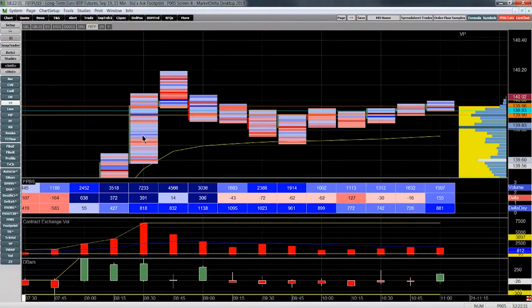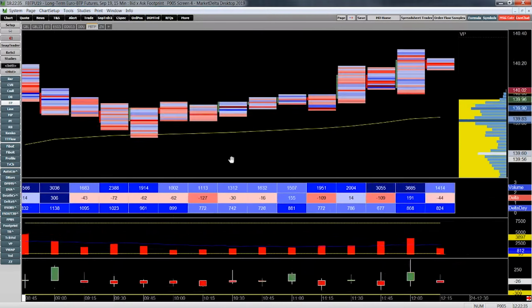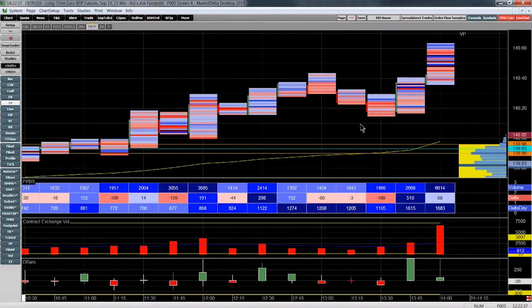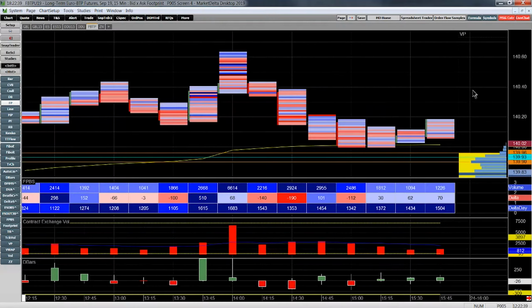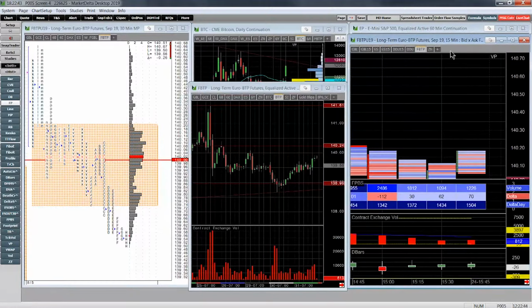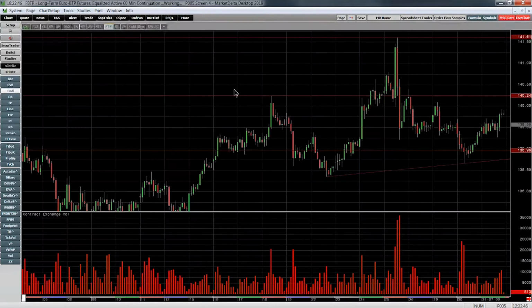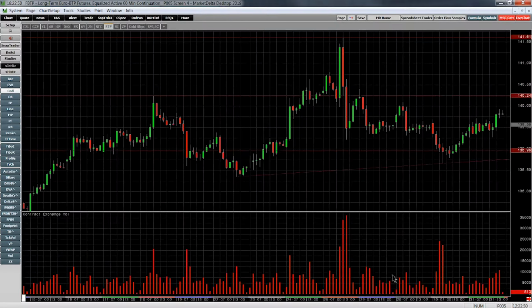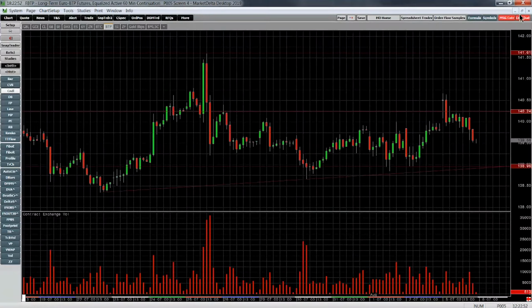We can see the market comes up and a lot of buying. The market backs off a little bit, continues higher the rest of the day. I'm not too concerned about this day type. What I am concerned about is this high made at 140.60, which is this one here, as you can see. So we're going to focus on this high made at 140.60 on the 25th, because we want to see how this high has been made.